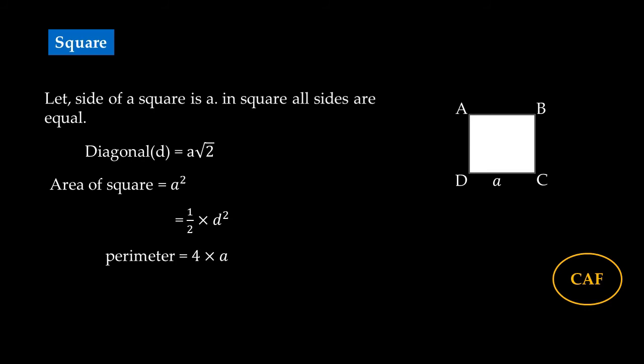How we got 4 into A means A is repeated 4 times, 4 sides are there. Again, same thing you can do for area of square also. You can cut it diagonally and you will get 2 right angle triangles, and if you calculate the area of both separately and add both, then you will finally get area of square. Try this once.